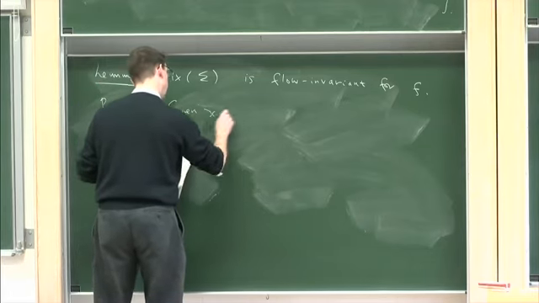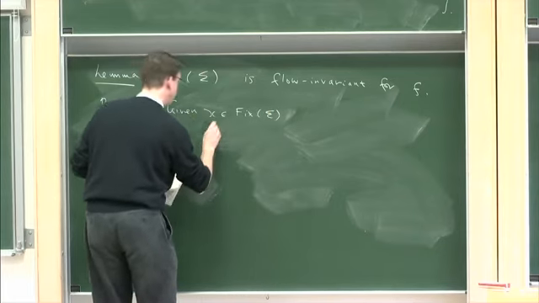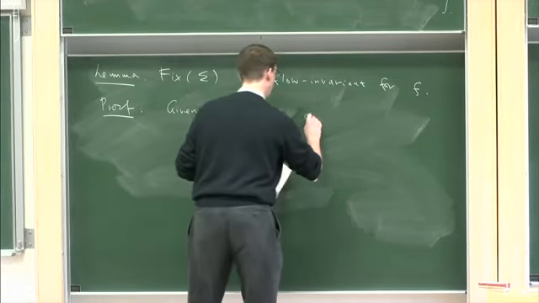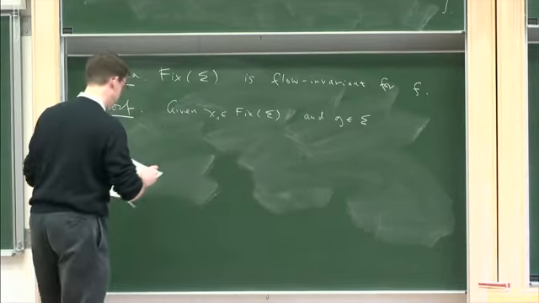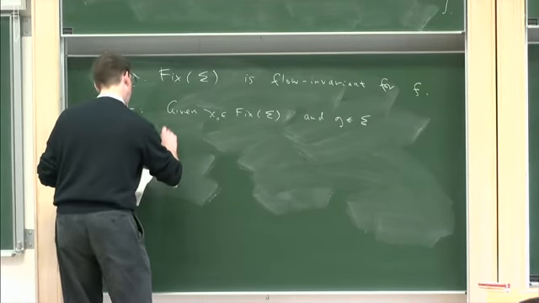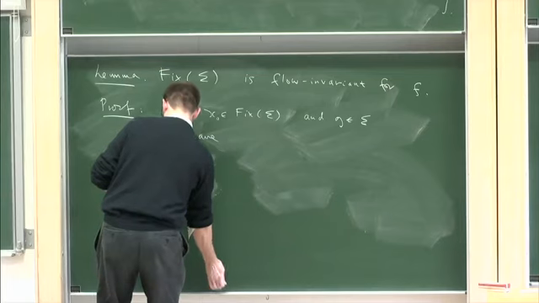So if I'm given a starting point x0, and g in my subgroup sigma, then I have